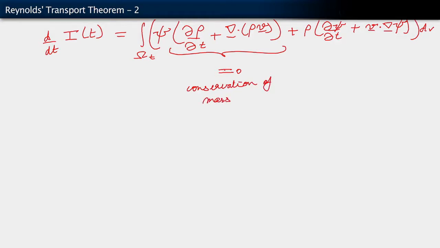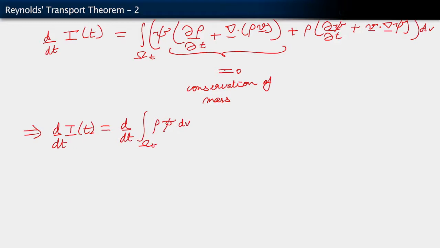And so we see that when we have this quantity psi defined per unit mass, and we consider the time rate of this integral I, which we defined on the previous slide, what this implies is that d/dt of I, which is d/dt of the integral over omega t of rho psi dv,